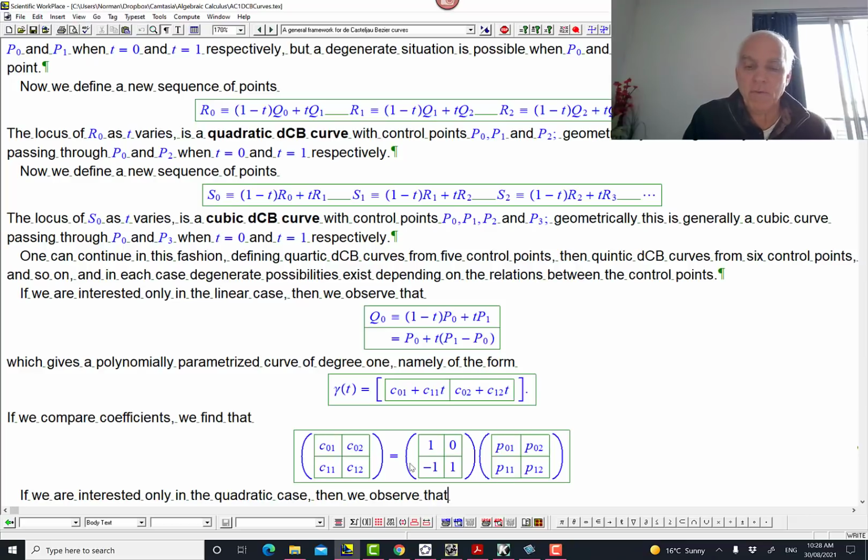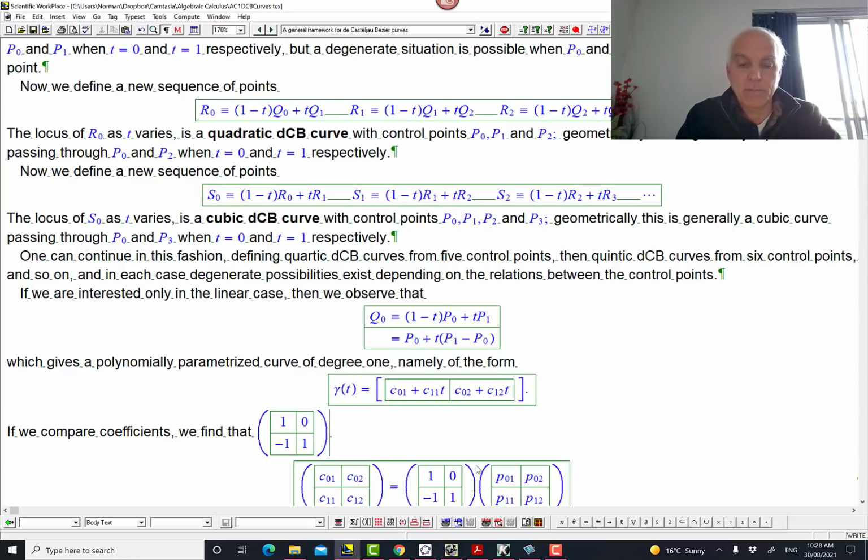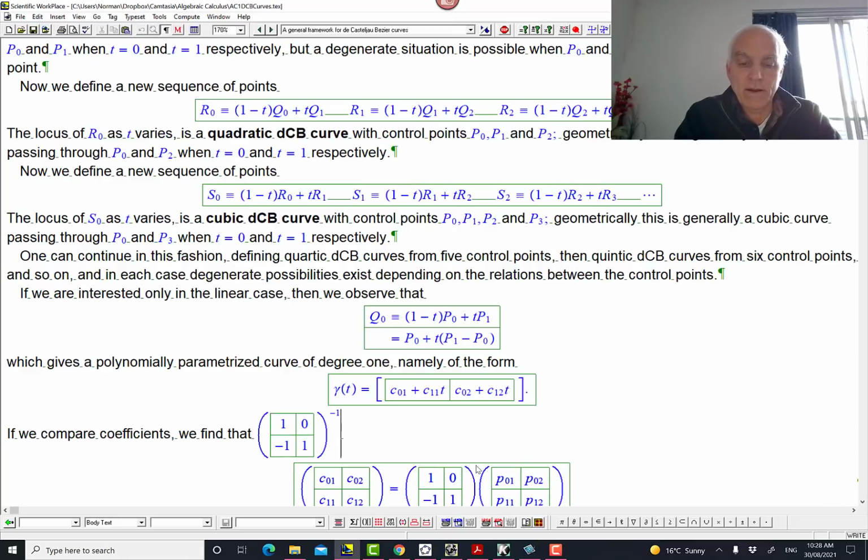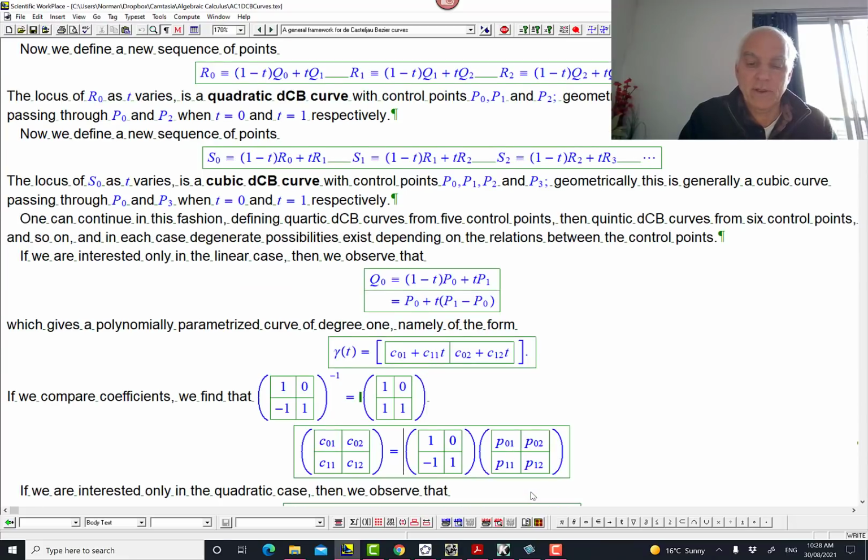And to go back and forth from one of these to the other involves multiplying by this 2 by 2 matrix. Or to invert, we have to multiply by the inverse of this matrix. Now, what is the inverse of this matrix? Let me just calculate that for you. I hope you can calculate this kind of thing, but okay, so let's put a -1 here, equals. So the inverse of this matrix is this matrix here. So if we wanted to express the P's in terms of the C's, we would write this P matrix is equal to this matrix on the left times this C matrix on the right.